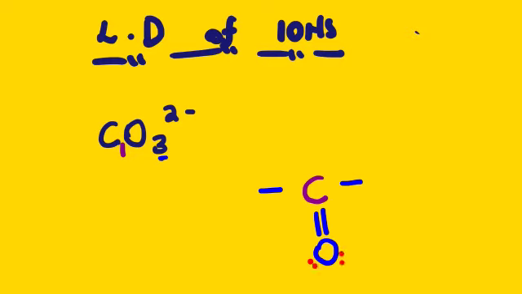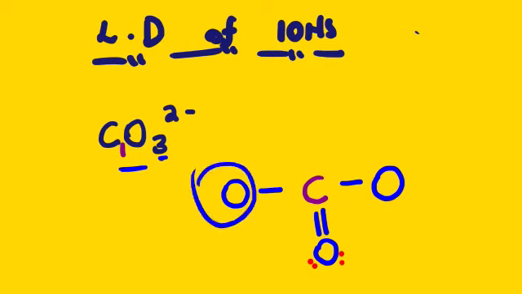Now you should understand something. If we put our oxygen here and our oxygen here, we can see that we have represented all the atoms we have here. We have 3 atoms of oxygen, 1 atom of carbon. So we cannot further bond these oxygens to form a double bond, but instead we have a single bond. Now with the basics that you